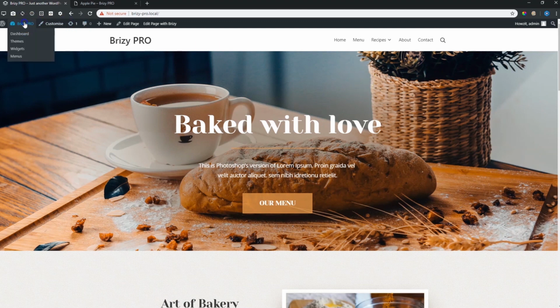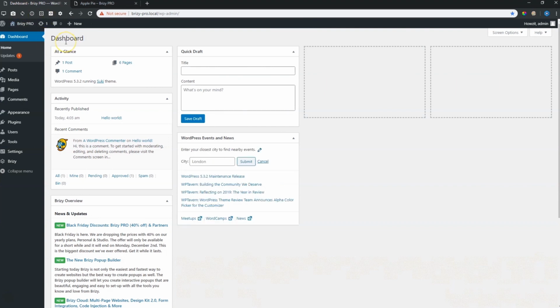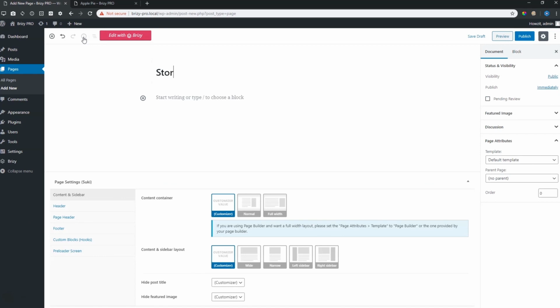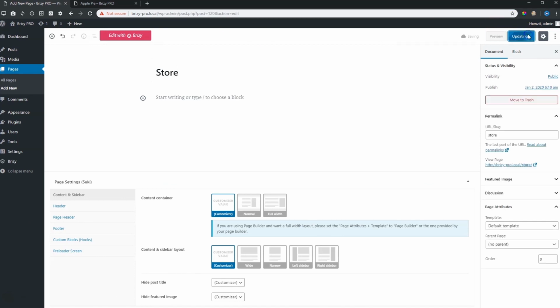Let's go to the back end. I click up here and I'm within my administration area. We are familiar over here. This is the pages. I click on the pages and there are the pages that I have created. If I want to add a new page here, for example, let's say something like store, I type it in there and I publish that page. And now I can also add it to the menu and put it on the front end.